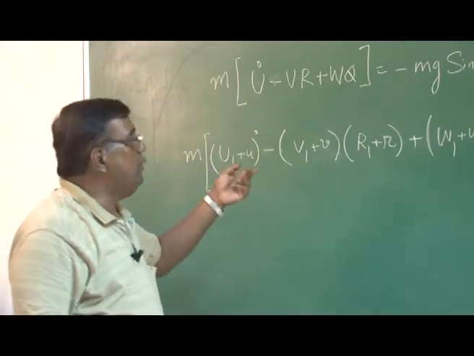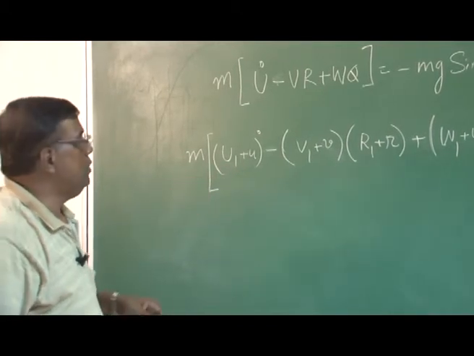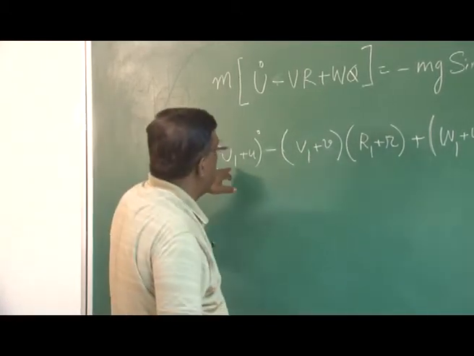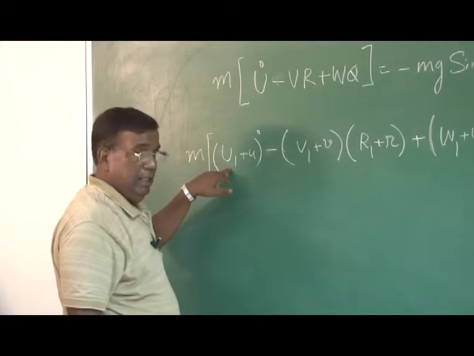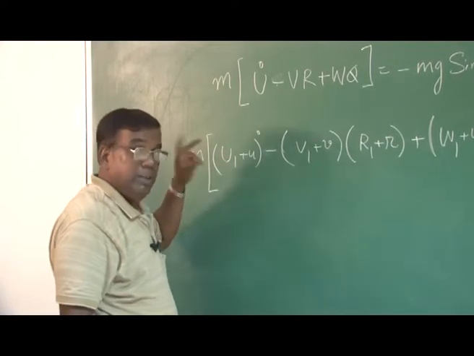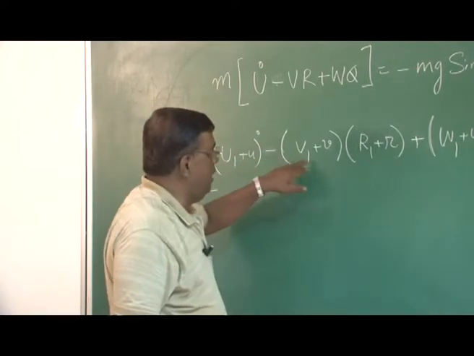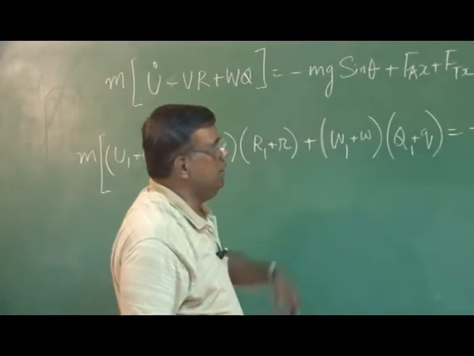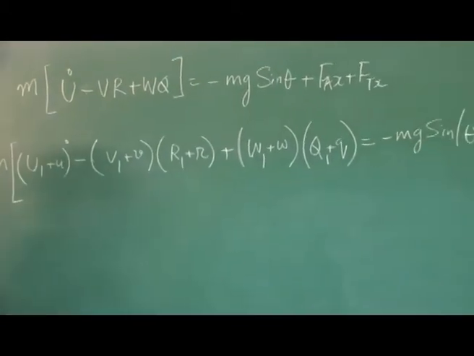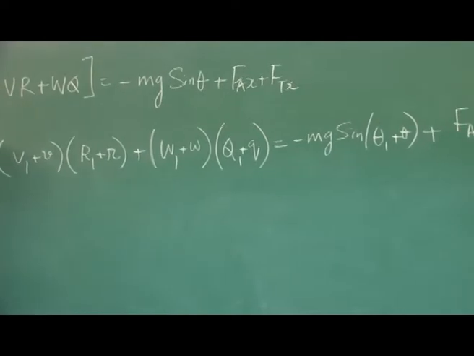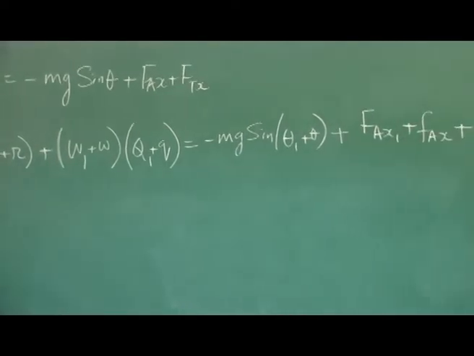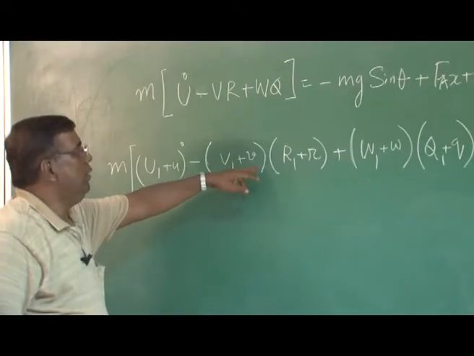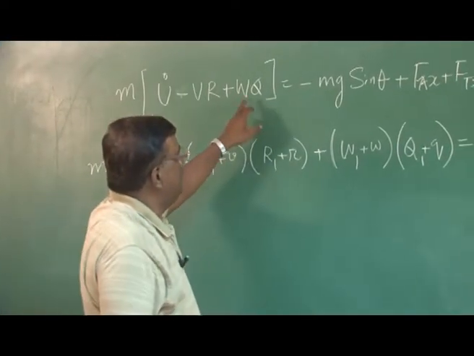So, we are also trying to develop the perturbed equation of motion, and we want to see what is happening if this airplane is disturbed about its equilibrium, about its steady state. U1, V1, R1, whatever one is there, they represent the steady state conditions. So, what I have done, for u, I have u1 plus small u, for v, v1 plus small v, for r, r1 plus small r. Similarly,